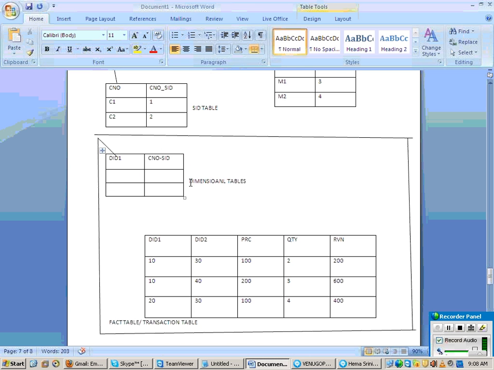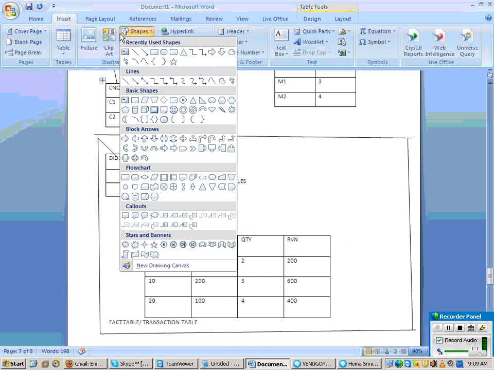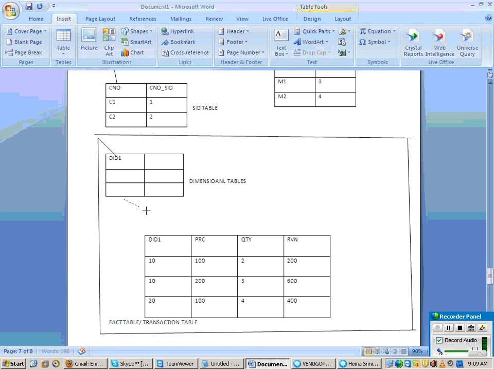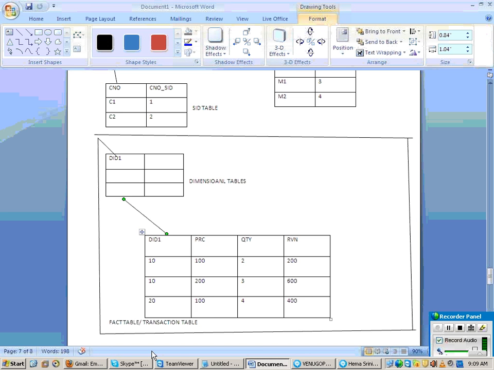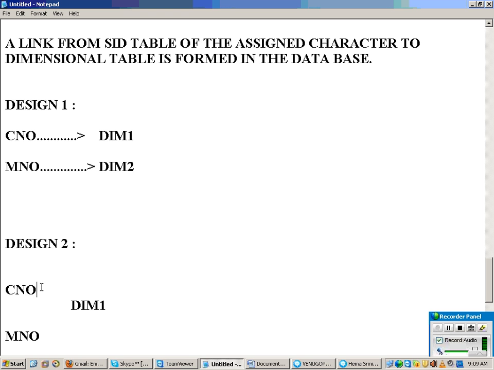So now this is your dimension table. How many dimension tables are inside the cube? How many dimensions are inside the fact table? So it's only one. And now I have customer number. I am assigning customer number to my dimension 1.